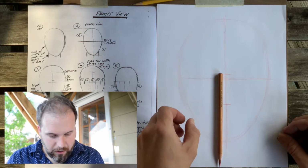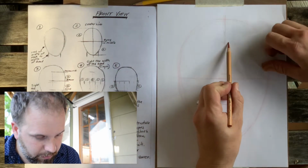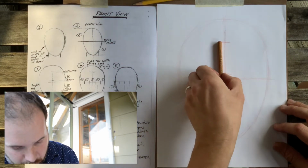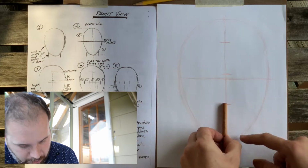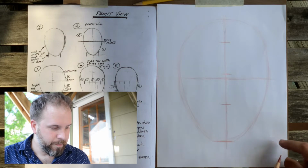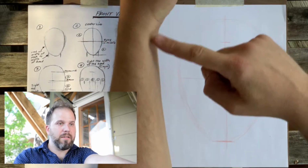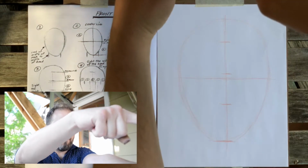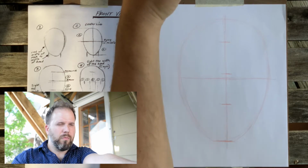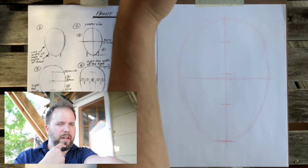And then this measurement to that measurement, right? So there's my hairline, between my eyebrows, under my nose. So 1, 2, and then I know that my bottom third is a little longer. Okay. And I can check it. When I am sighting, I want to have my arm locked, and I'm putting the top of my pencil or the eraser where I am, and my thumbnail, 1, 2/3, and then it's about there,